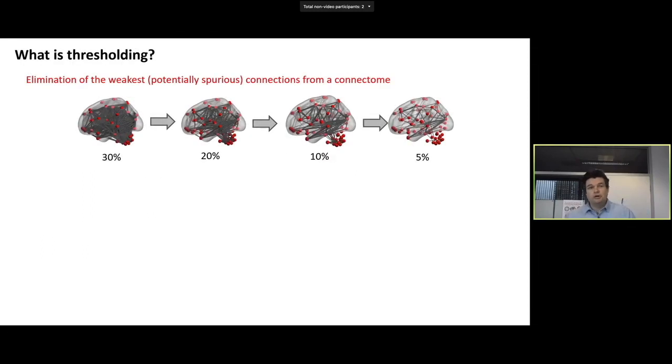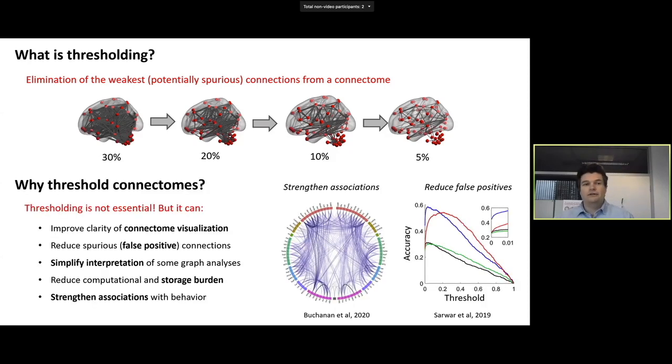So connectome thresholding, what is thresholding? Well, thresholding is performed immediately after the connectome has been mapped, whether it be a structural or a functional network. And it simply involves removing the weakest connections from the network. This can be done in an incremental way, and it continues until we've reached our desired connection density. It's important to emphasize that thresholding is not essential, but it can help in terms of improving